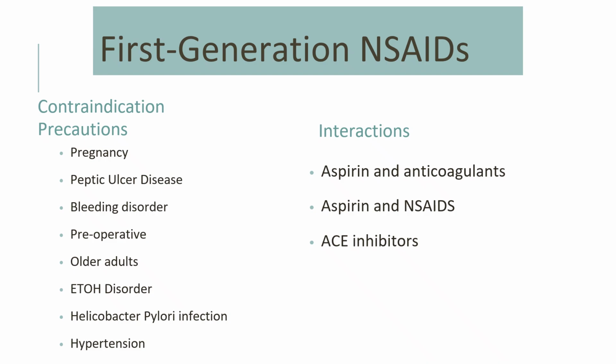H. pylori infections, that is a bacteria in the stomach that can cause ulcers. Why would we want to give them more medications that's going to cause more stomach problems? And then you also have to be careful a lot with NSAIDs and hypertension. So if our patient already has high blood pressure, it does not work well with patients. So we actually tell them do not take ibuprofen, do not take some type of aspirin, especially unless it's indicated by your doctor or